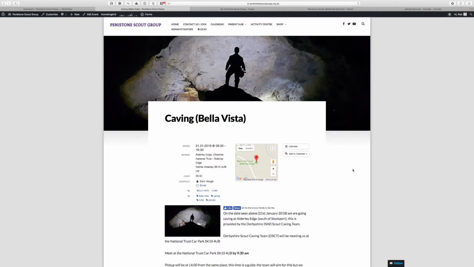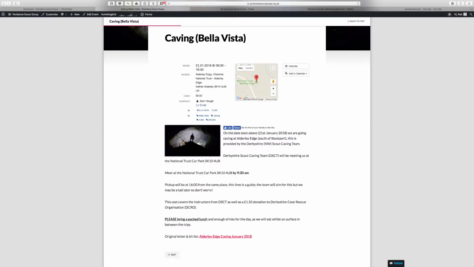So if I scroll down here, you can see when it is, how long it's for, whereabouts it is, including a map so you can find that location. If there's any cost attributed to it, it'll be shown here. The organizer of the event's name is here, as well as an email click so you can contact them. These tags here say sort of which section it's for, whether it's Cub, Scout, so on, and some other information there. Here's the basics around the actual event which we'll put in there,